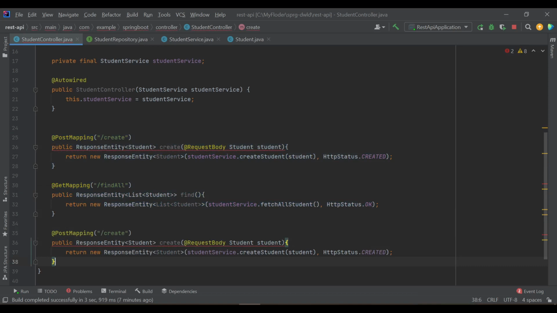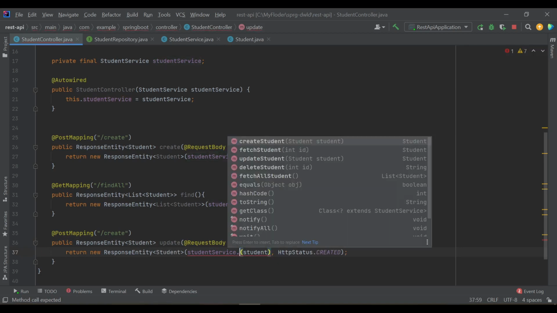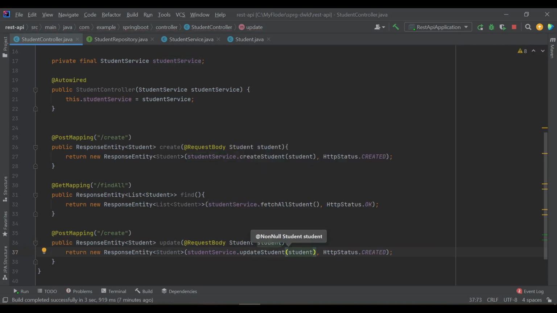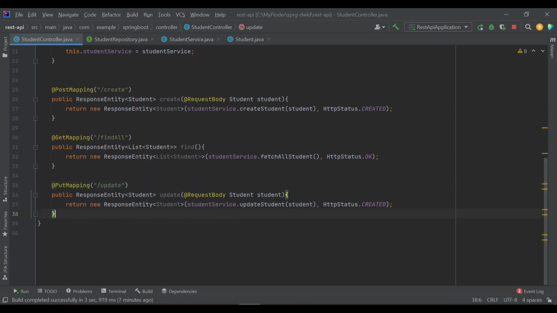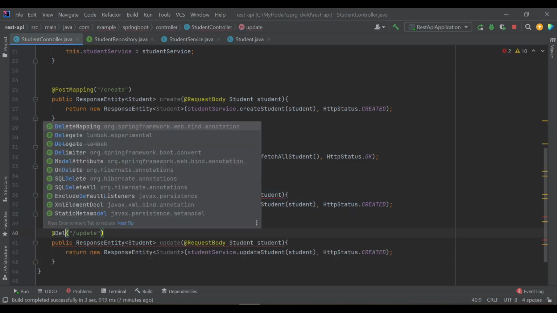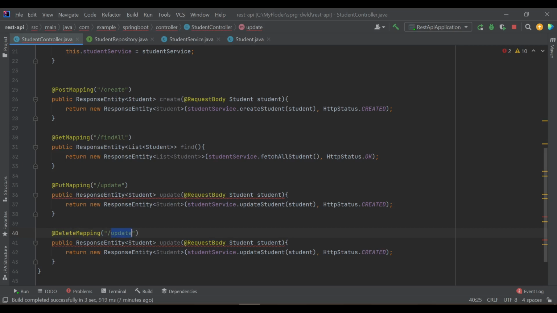So let's create an update. Here we will keep it as update student and change the route, change the mapping. Next we need a delete mapping. Let's name it delete, and here I will use an ID as a path variable.